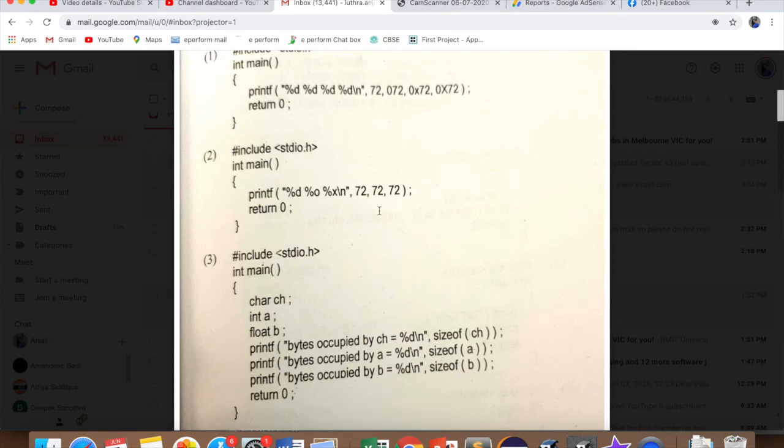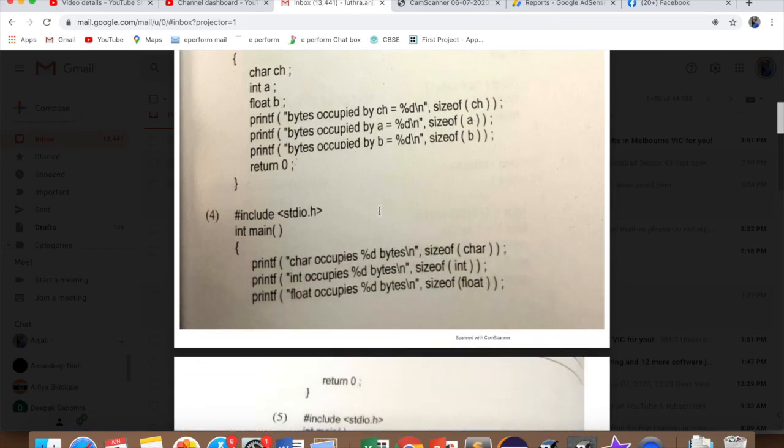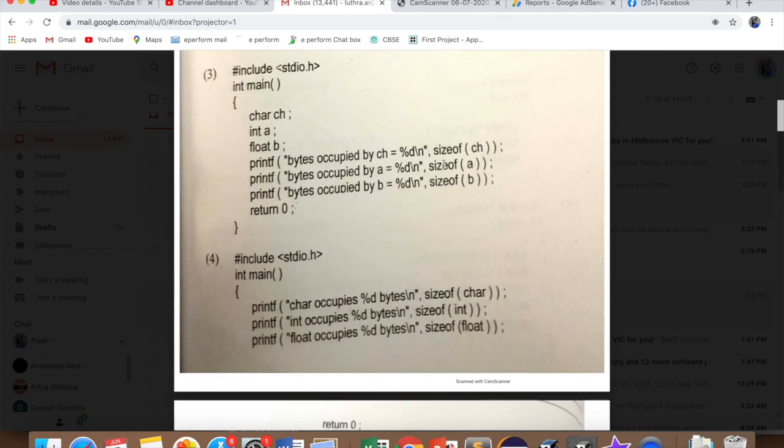And now we have another question where we are using a special operator of C language, which is sizeof. Now sizeof is a predefined operator. When you write the program, it comes as a keyword as well. So the purpose is that it calculates how many bytes are required by a variable or a data type in memory by the compiler. So character needs 1 byte, integer needs 4 bytes in latest compilers, float needs 4 bytes. So we know we have done data types in C and we know how much memory each data type takes.